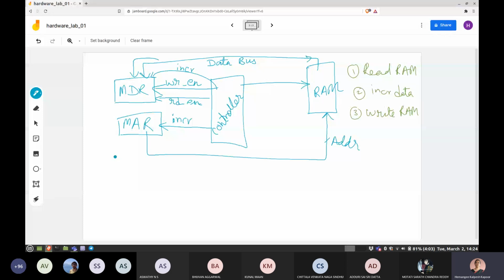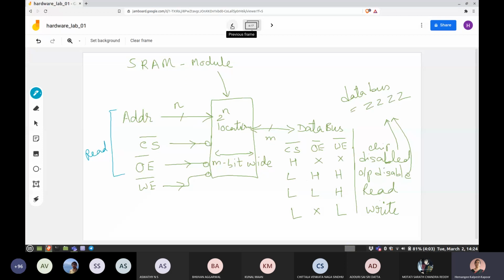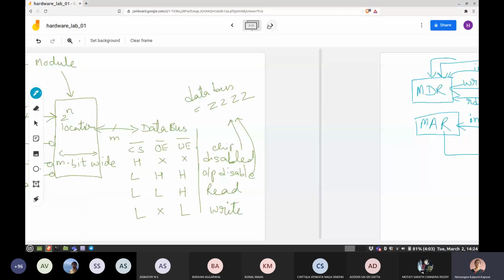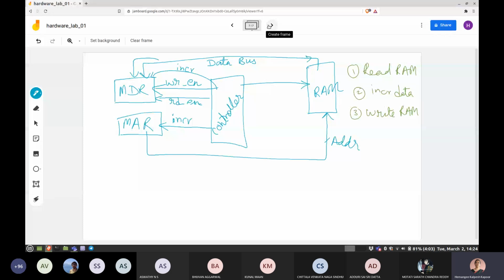Just to show you once more here, the RAM module is fairly straightforward. It would take 10-15 minutes to design this. I have already shown you this. If some of you want to write down this information, you can do so, what has to be done, or maybe I can put a picture of these 2 slides in the chat box. Okay, so I'll do that. The green one is one module, and in the blue part here, you have to use that module. So RAM on the right hand side is the module from the previous slide, and you have to write the ASM chart and design the controller. Okay, so that's today's work.